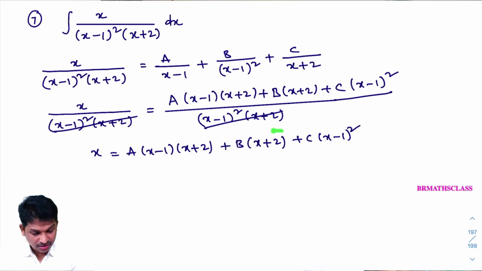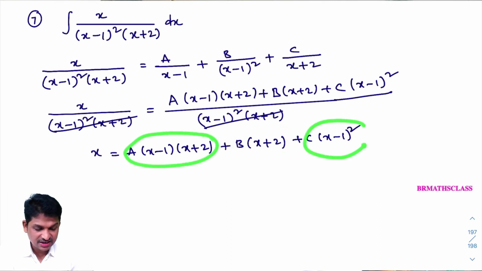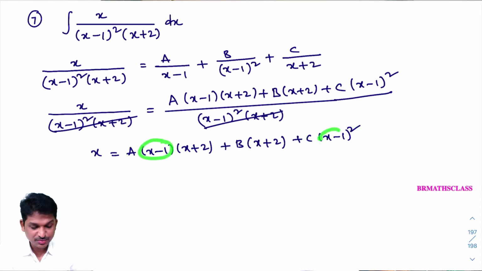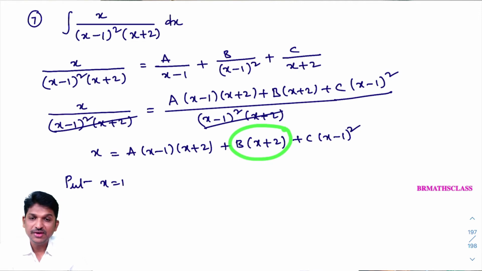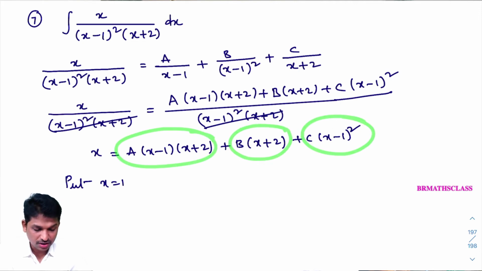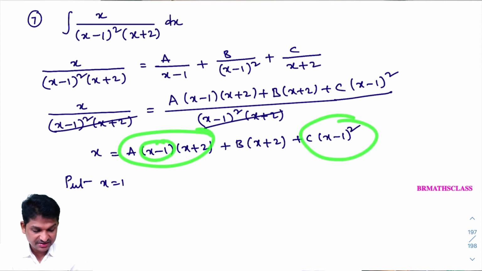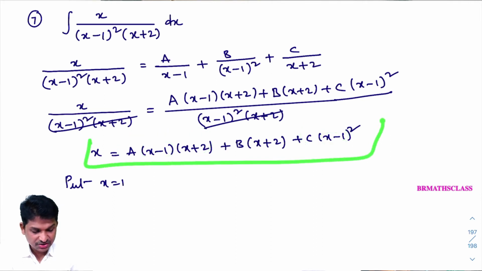You observe. Can I get b value? To get b value, you need to make this term 0. You observe in this A related, C related, any common term is there? Check it. Yes, x minus 1 is there. X minus 1 is common. So I'll put x equal to 1. What is the main idea? I want to find b value. To find b value, I am checking whether I can make a value, c value 0 or not. If I equate x minus 1 to 0, x minus 1 equal 0 means x equal 1. So this equation is true for all real values of x.